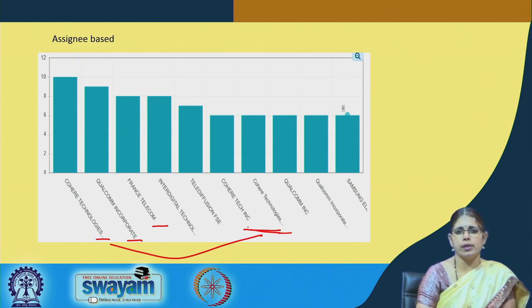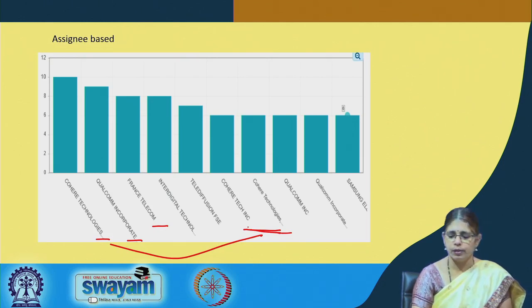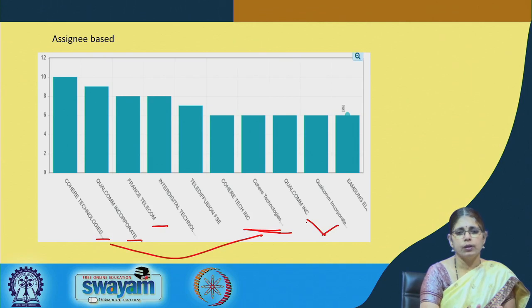So, the assignee pool is collated into one definite set, and that helps in the better visualization of the data. Similarly, with respect to Qualcomm, this needs to be merged. So, the assignee based analysis is giving us the option of looking at who are the major assignees.